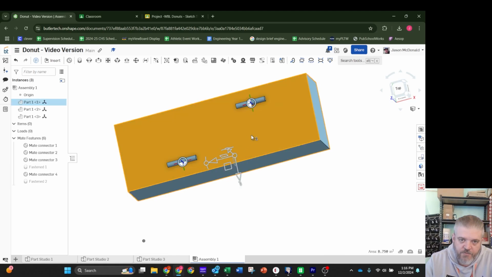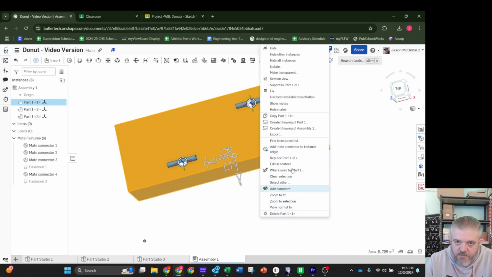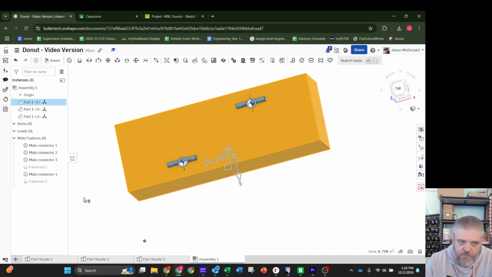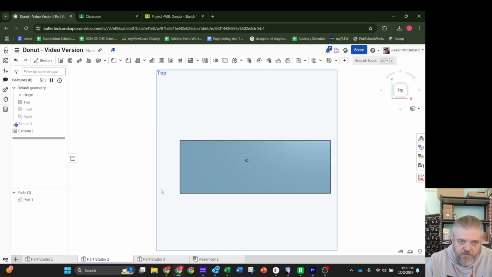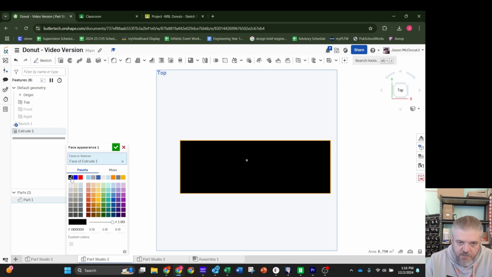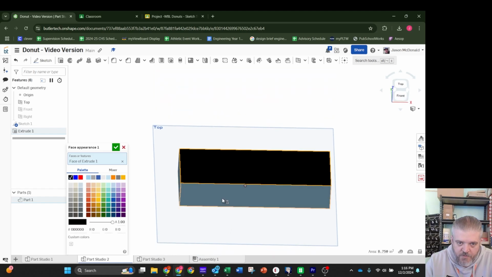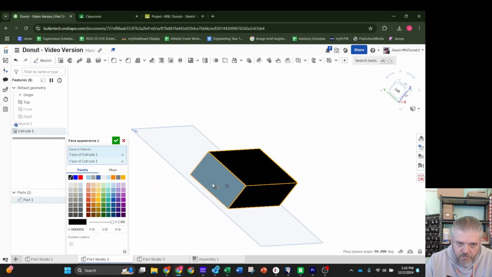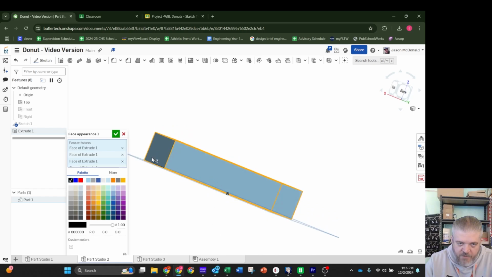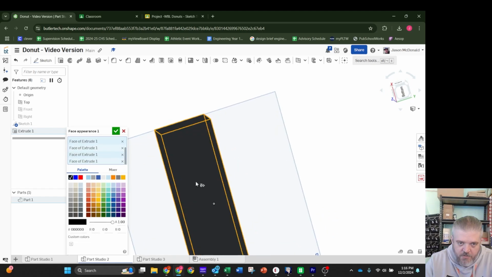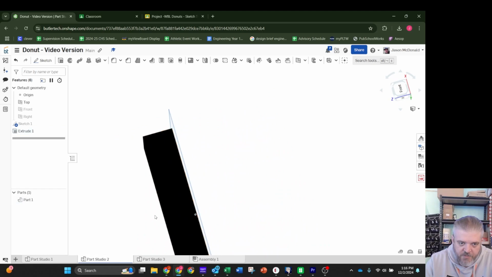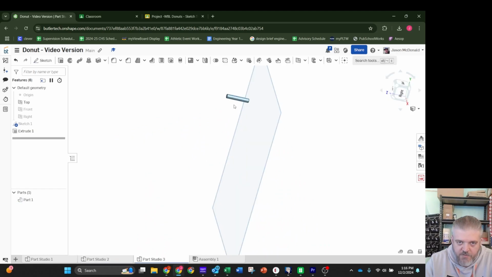Now if I wanted to go through add some appearances, go back into Part Studio 2, let's say change this. Let's just make it a chocolate donut. I guess it'd be kind of a dark chocolate since I'm using a black color. That's good. Now in Part Studio 3, let's make this a, I don't know,